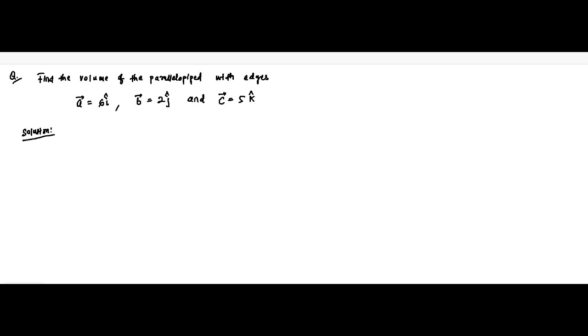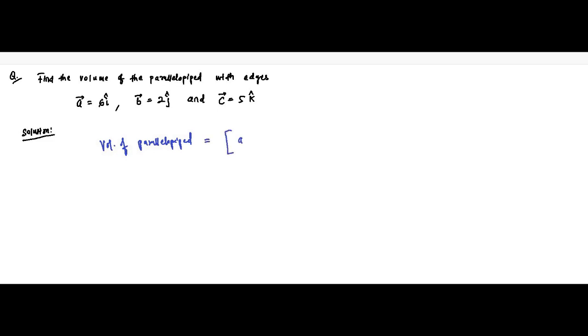So here is a question on the geometrical interpretation of scalar triple product, which is the volume of the parallelepiped. It is given to find the volume of the parallelepiped with its coterminous edges given by the vectors A vector 6i cap, B vector 2j cap and C vector 5k cap. So we know that the volume of a parallelepiped, which is represented in terms of its three coterminous edges A vector, B vector and C vector, that is